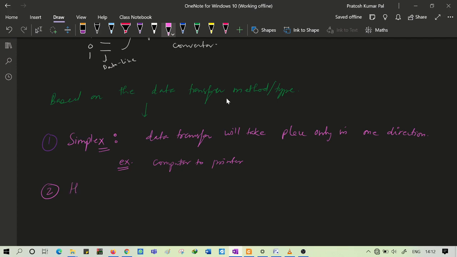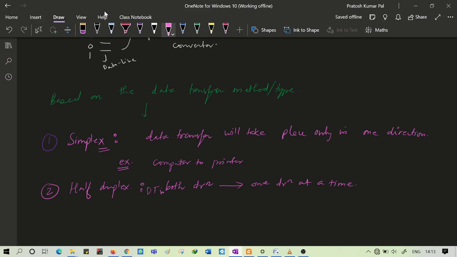The next one is half duplex. In half duplex, the data transmission will be taking place in both directions, but one direction at a time.